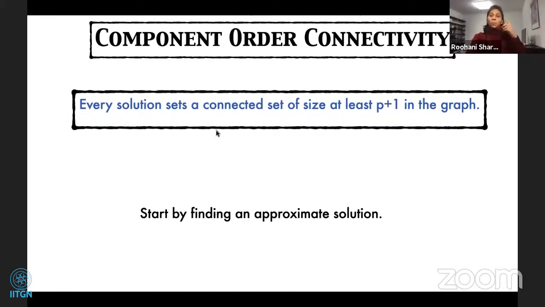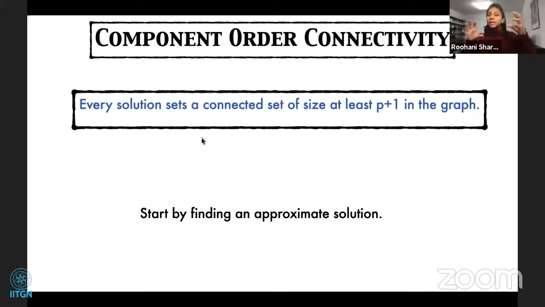So one can think of the solution set as hitting. Any solution set will definitely hit a connected set of size at least p plus 1 in the graph. So what is a connected set? A connected set is a set of vertices in the graph that induce a connected graph. So if you look at any solution of this problem, the COC problem, then that solution has to intersect with